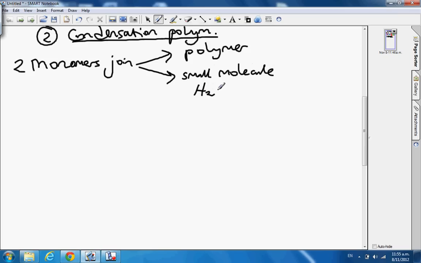That could be H2O or HCl. They're the two main ones for level 3 to be aware of. So that is one of the main differences between addition and condensation polymerization. So again, we need to look at specific examples of this. Now with